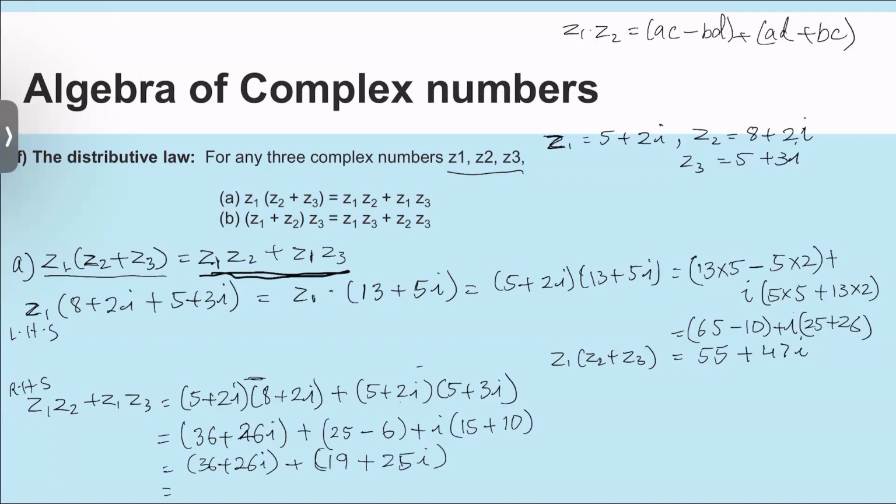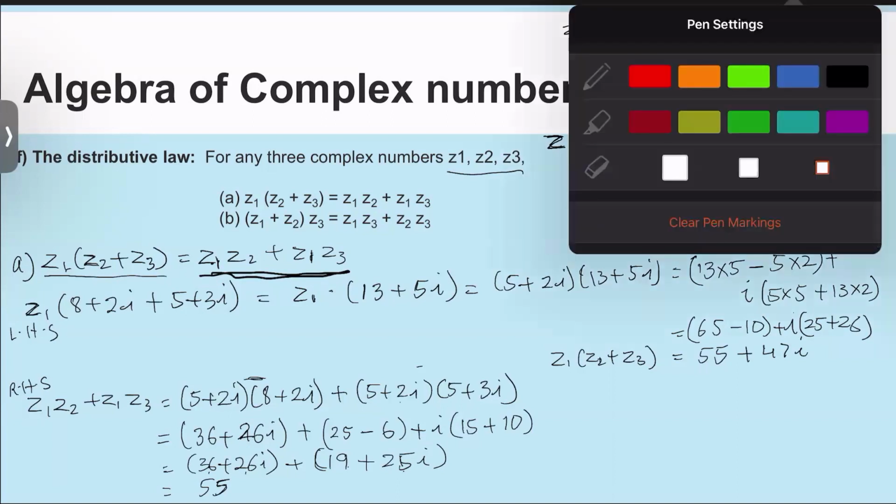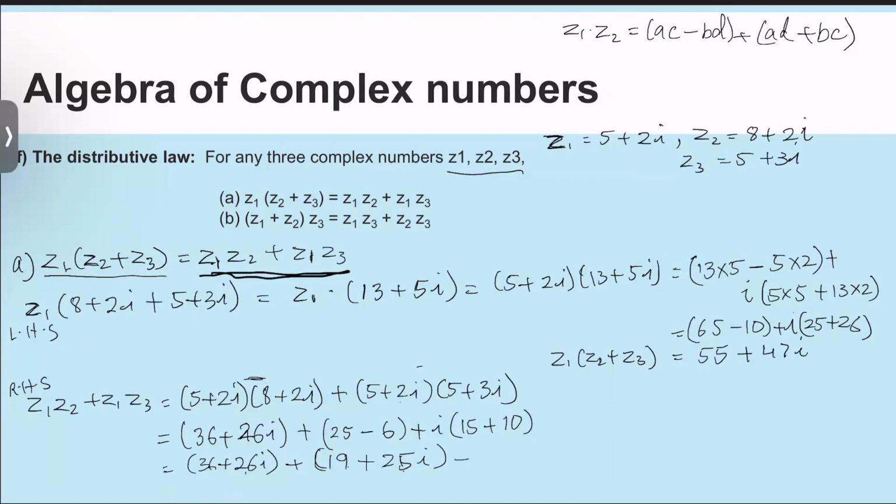Okay, then you try to add them, how we normally add two complex numbers. The real parts and the imaginary parts are added. So what we get is 19 plus 36, we get 55. Okay, so I'll just write it on the left side for each. So what we are left with is 55 plus